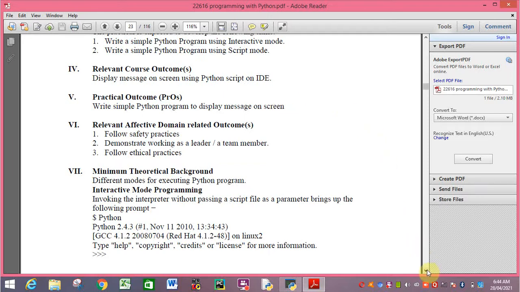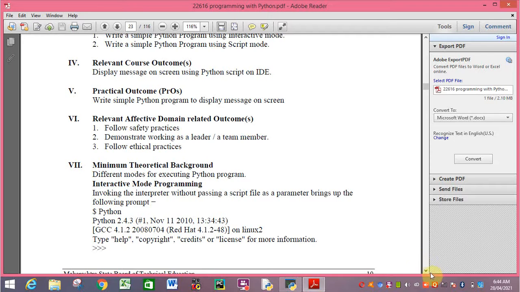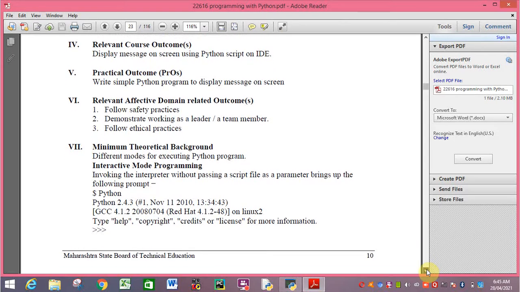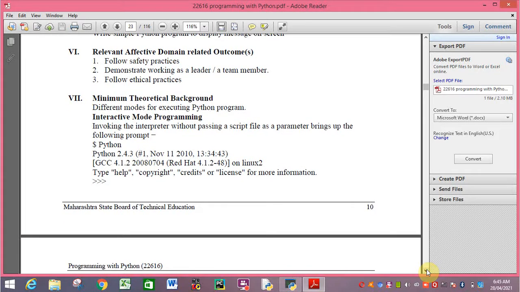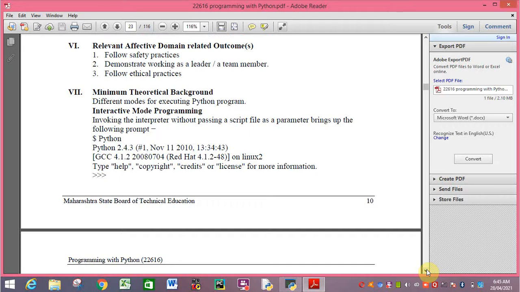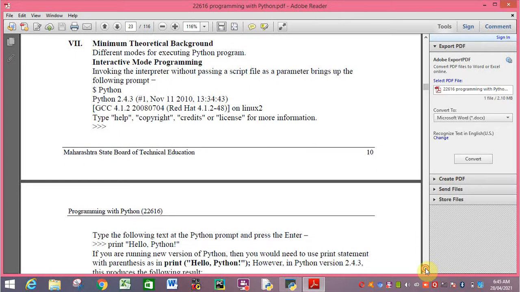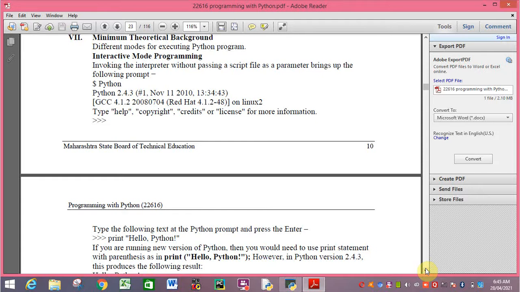We have two modes of implementing a Python program: interactive mode, and the second one is script mode. First of all, what is meant by interactive mode?